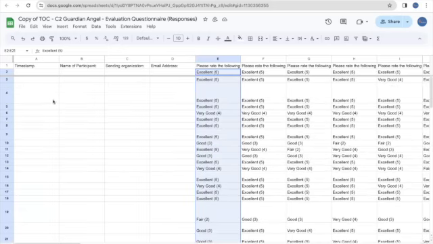Having the data here, as I mentioned, every row is an individual answer for the survey, so you will be able to see who answered this. But you can also make it anonymous and not ask about the name or the email. You can ask about the sending organization if you want to make sure that this group from this organization were satisfied, but this group were not satisfied. So you can